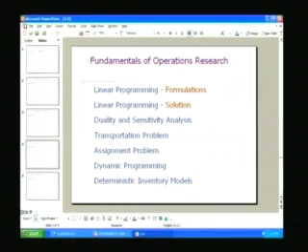operations research. Now the course on operations research, we looked at 7 modules in this course. The course can broadly be divided into 7 modules the way we have addressed the fundamentals of our course. The 7 modules are linear programming problem formulations, linear programming solutions, duality and sensitivity analysis, transportation problem, assignment problem, dynamic programming and deterministic inventory models. So these were the 7 modules that we addressed, and if we go back and try to recapitulate what we